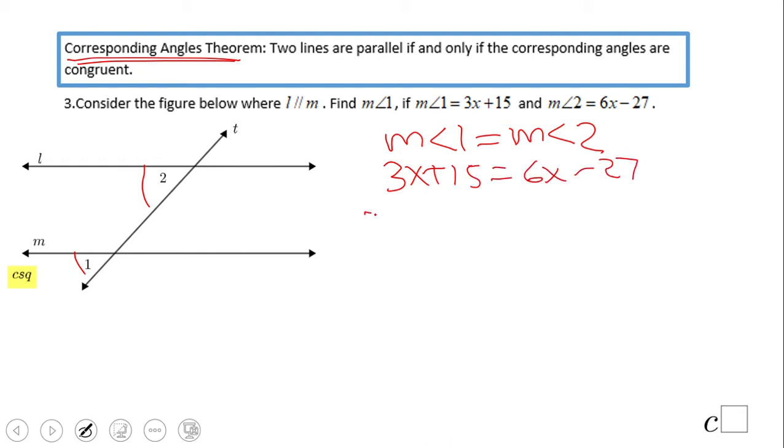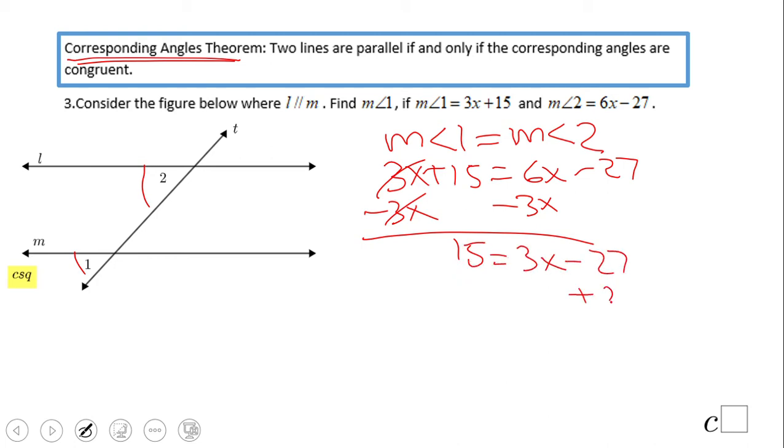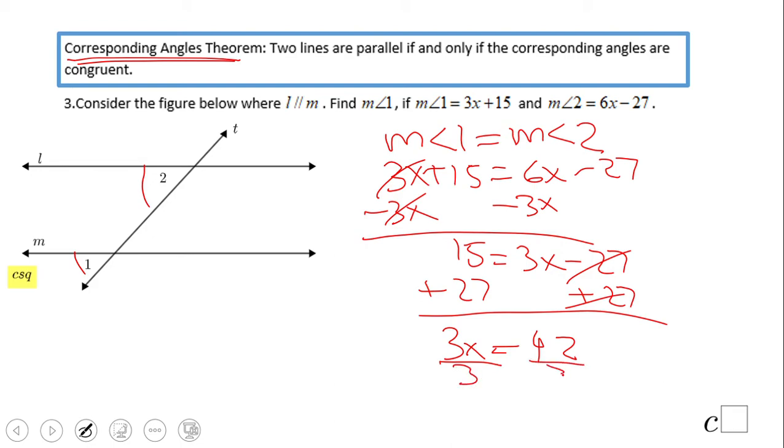We're going to subtract 3x from both sides, and that will give us 15 equals 3x minus 27. We're going to add 27 to both sides, and that will give us 3x equals 42. And if we divide by 3, x equals